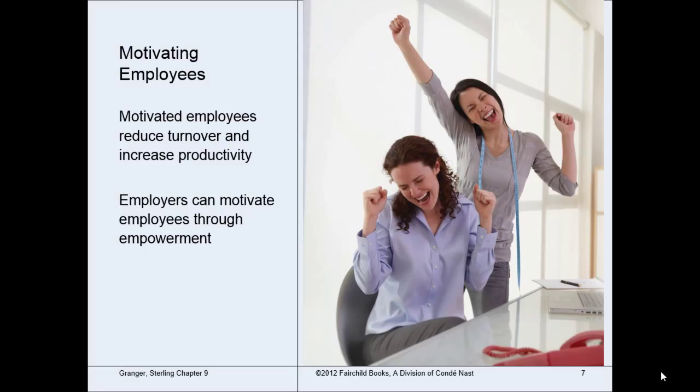So motivated employees reduce your turnover and increase your productivity and have positive morale, which results in well-served customers. And one way to motivate employees is through empowerment by drawing on employees' talents and creativity, and then just giving employees the authority to grow in their jobs, and then when they have done something new and succeeded, acknowledging that they succeeded is a huge thing. So that's another thing to look at when you look at setting up how you're going to train people, is the importance of motivation, and that your management knows how to motivate their team well and really understands their employees